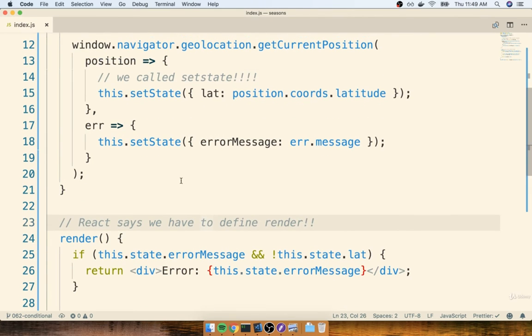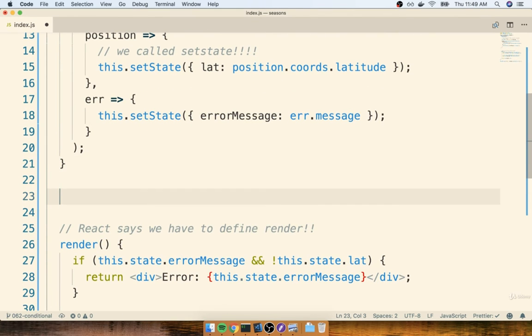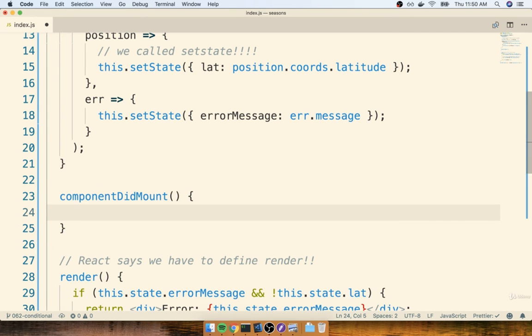So back inside my editor, once again, right above the render method, I'm going to define componentDidMount, like so. And inside of here, I'll put a simple console log that says my component was rendered to the screen. We'll be really descriptive here.